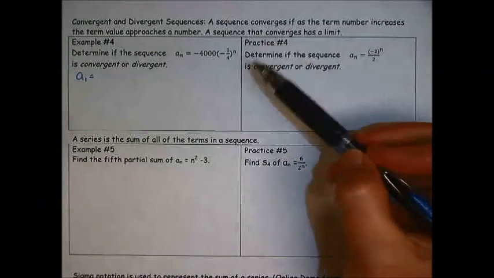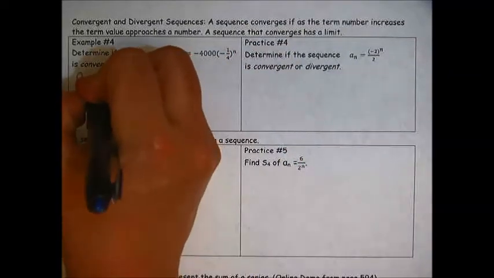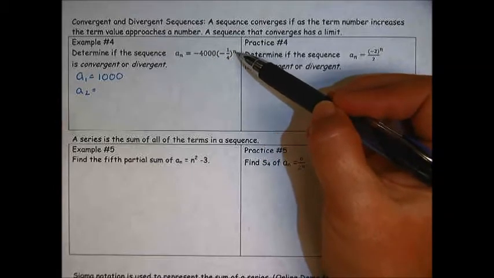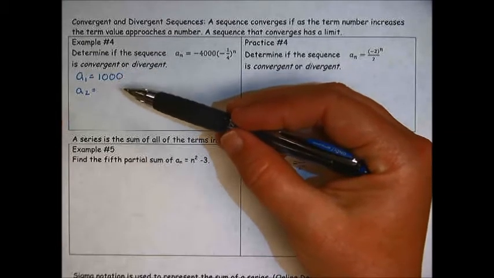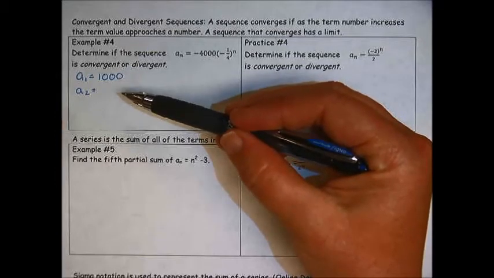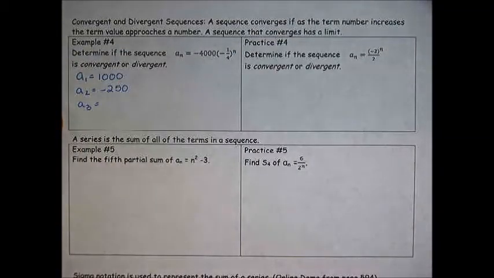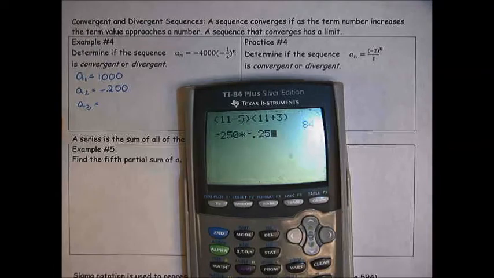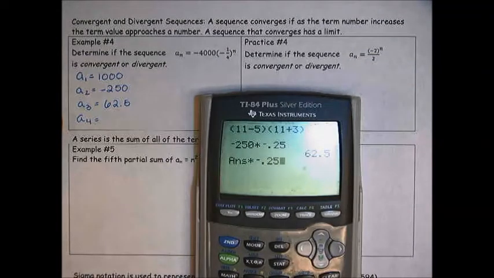So if you plug in 1 for n, that would be negative 4,000 multiplied by negative 1/4, which would equal 1,000. If you plug in 2, then you're multiplying negative 4,000 by negative 1/4 twice, which means I would just be multiplying 1,000 by negative 1/4. If we look at this recursively, to get the next value in the sequence, I would multiply the previous value by negative 1/4. So that would be negative 250. And I could take negative 250 and multiply that by negative 1/4 or negative 0.25 and get positive 62.5. And to find the fourth term, multiply by negative 0.25 and get negative